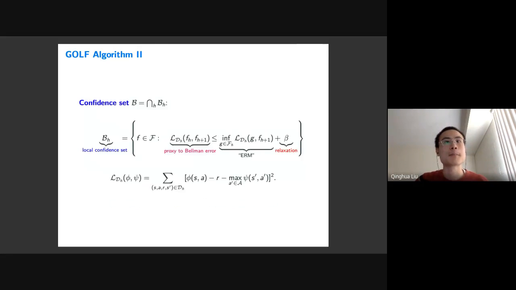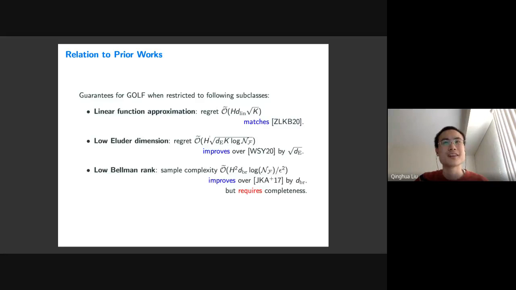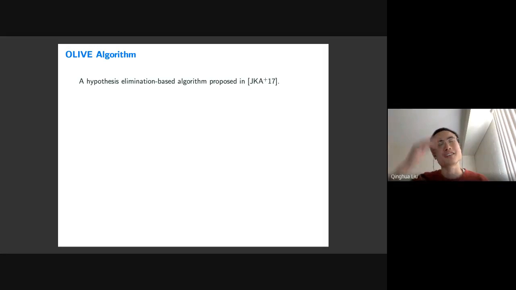And we need to maintain this confidence set. It's also not efficient. And for algorithm Olive, I think those authors also have another paper showing that in the worst case, Olive is also NP-hard, I think. By Jiang et al., and the Princeton, yeah, I think. So in short, both algorithms are not efficient in general.